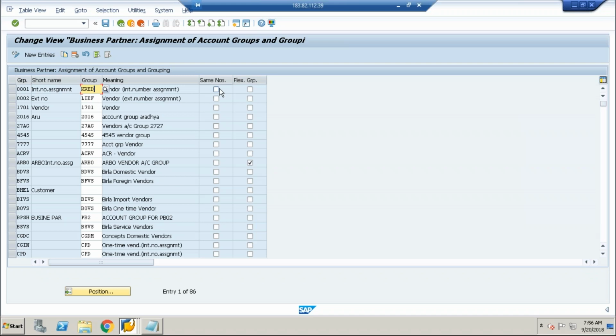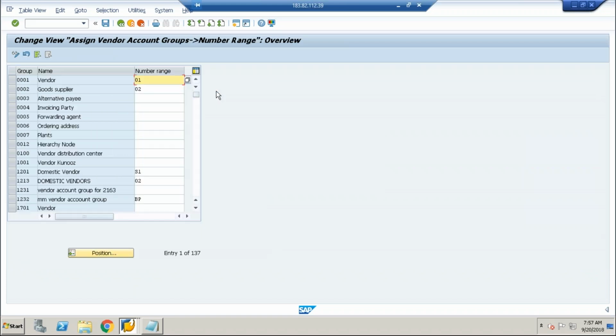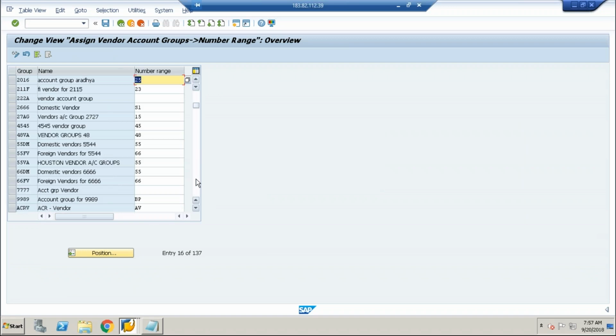Okay, we don't say that same number. It doesn't need to be same number, okay? It is not configured. Look, someone changed it. Actually, I set it up yesterday after the class, but it looks like someone changed it. So the requirement is you need to define the same number range interval for business partner, customer account group and vendor account group, and also we need to activate the same number configuration check mark. Anyway, let us check what number range interval is assigned to the KRED, just to make sure that